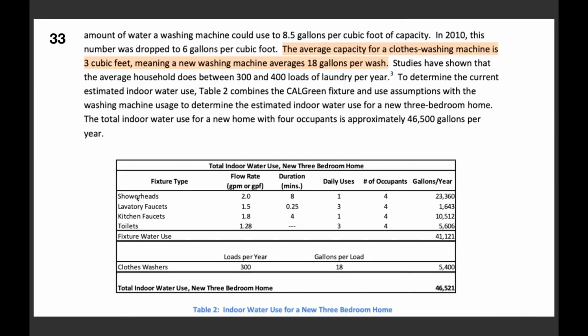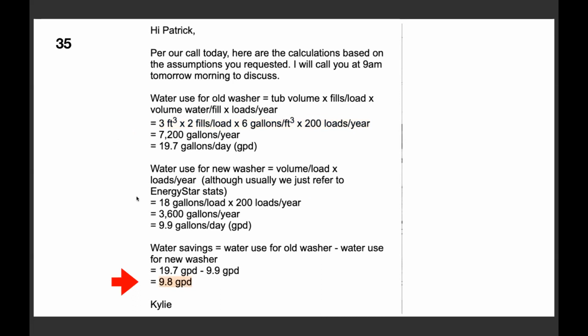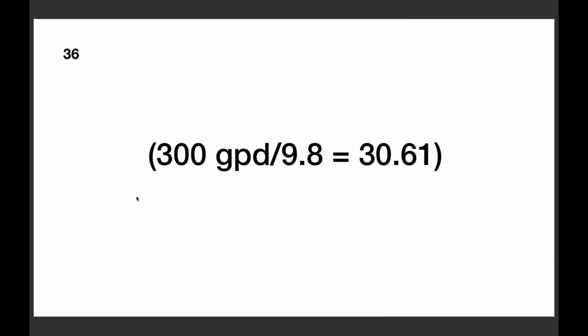So I asked the county to recalculate this for me, using 6 as the multiplier and 200 as the number of washes per year. This was their recalculation. Using these updated metrics, the water savings per washer is 9.8 gallons per day. So if one replacement washer saved 9.8 gallons per day, one would need to replace 31 washers, not the current 5 to 7, to meet the 2-to-1 offset target of saving 300 gallons per day.